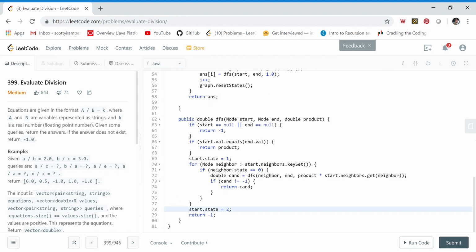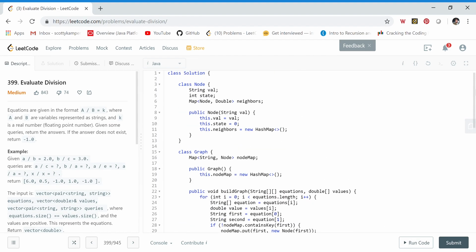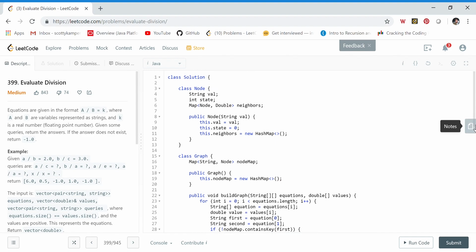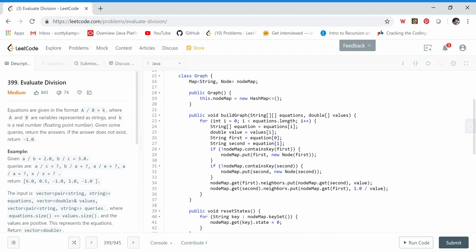I'll just kind of scan up here. So if you want to pause the video and just have a look at the node and graph classes that I defined up here, because once you define these things as nodes contained in a graph, that makes the depth first search very simple. So again, here's the node class, the graph class,